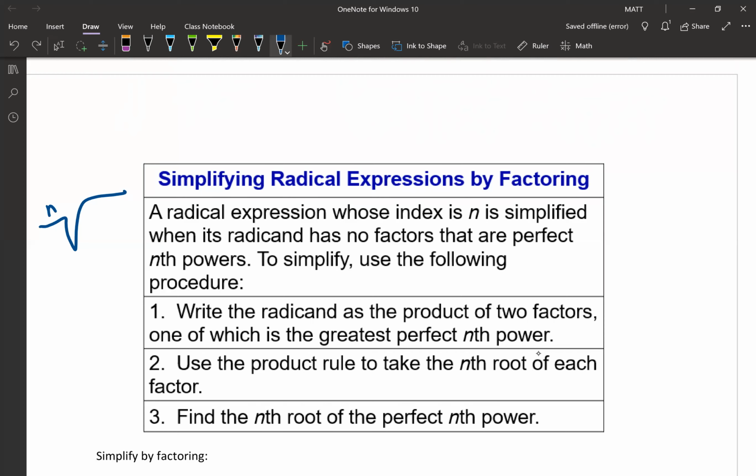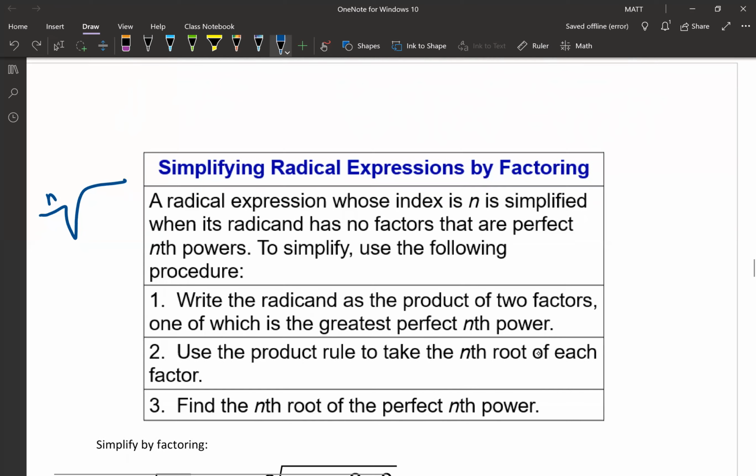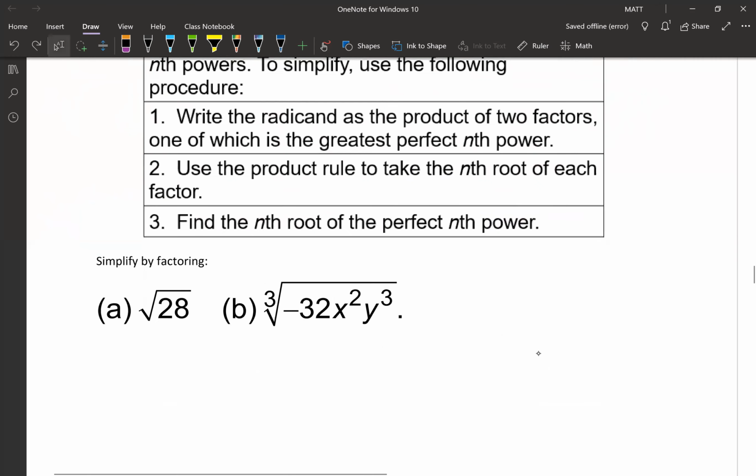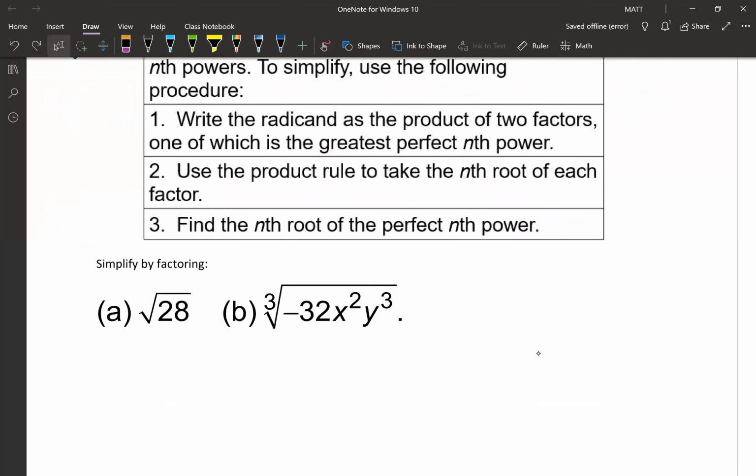Okay, so to simplify, the only thing we need to do is write the radical as the product of two factors. We're just simplifying as much as we can, just like we did before. Then we'll use the product rule to take the nth root of each factor, and then find the nth root if there's a perfect nth power. Okay, so as an example, notice that on the first one here, on A, when we're trying to simplify this,